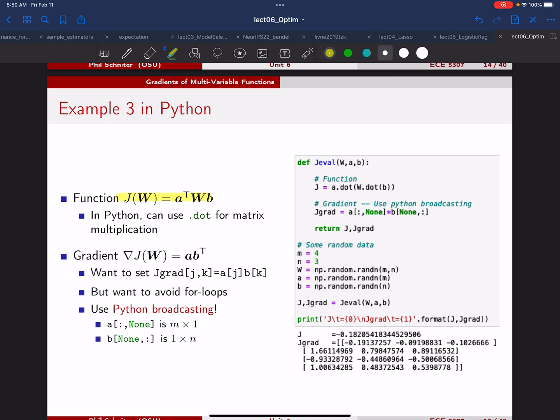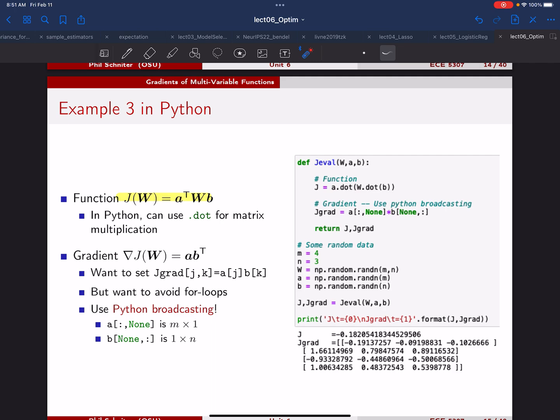So there's a couple things to point out here. In MATLAB, if you want to multiply matrices and vectors, you just use the asterisk. And if you want to do a pointwise multiplication, you have to use dot asterisk. Python is kind of opposite. If you want to do pointwise multiplication, you use the asterisk. And if you want to do matrix multiplication, then you can use this dot. So this is going to be W dot B, this matrix W times B, and then the result of that, we're going to do another dot to get A. So this is how we can do it